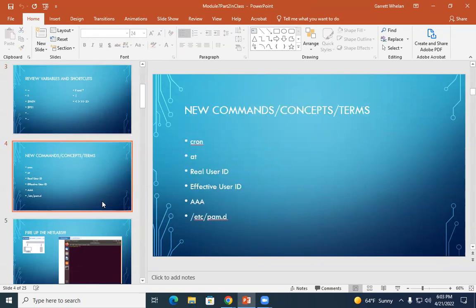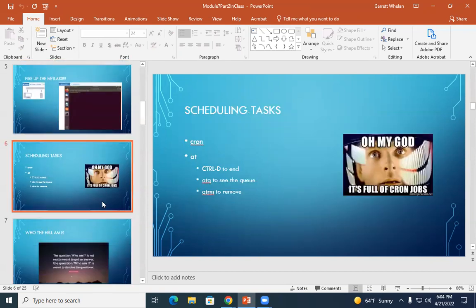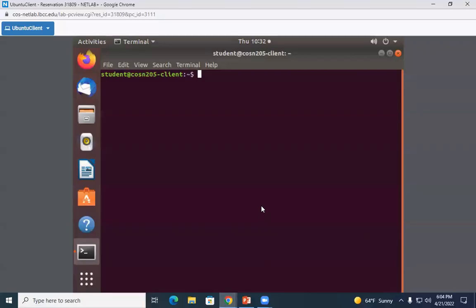New commands we're going to be looking at this week: cron and at. We're going to look at real user ID, effective user ID, AAA, and we're going to look at PAM. So fire up the NetLabs you have. You all watched the video on cron, right? So I'm not going to get too into it, but if you do